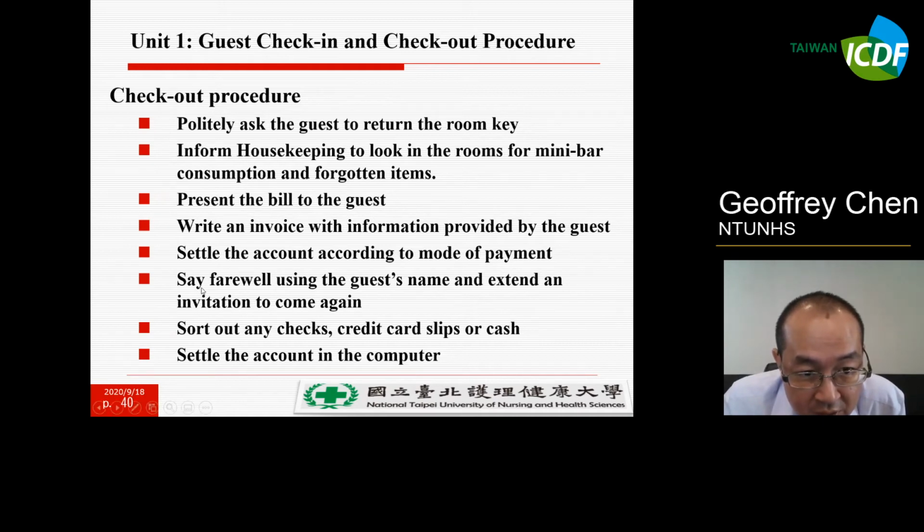Say farewell using the guest's name and extend an invitation to come again. And finally, sort out any checks, credit card slips, or cash payments. Settle the account in the computer.